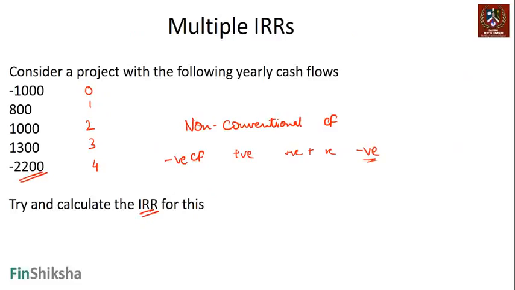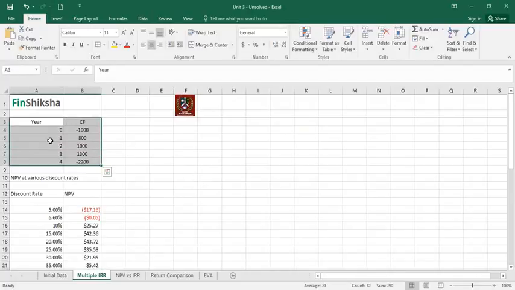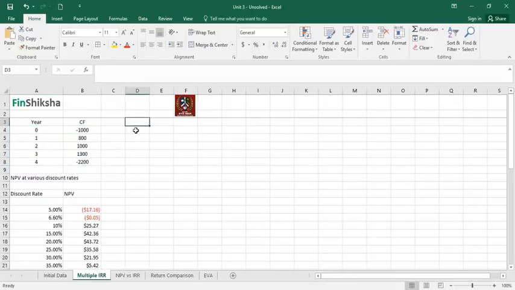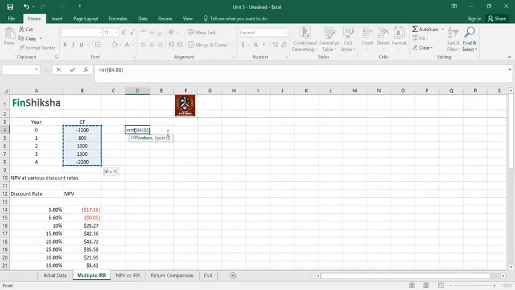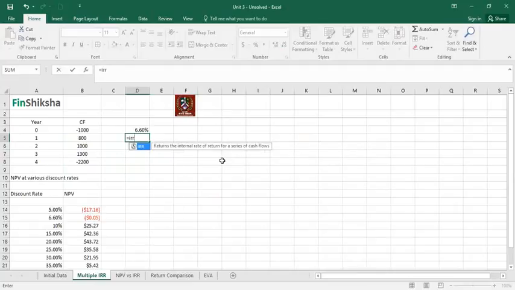Let's try and calculate the IRR for this kind of cash flow. So let's go to our Excel file for this and let's try and calculate the IRR for this set of cash flows. Remember, these are the years we are looking at and these are the cash flows. So if I were to calculate the IRR here, I just do a simple IRR calculation, put all these values in the formula, and we get a rate of around 6.60%, correct? Now there is a trick here. There's an interesting thing we are going to try: we're going to do another IRR formula